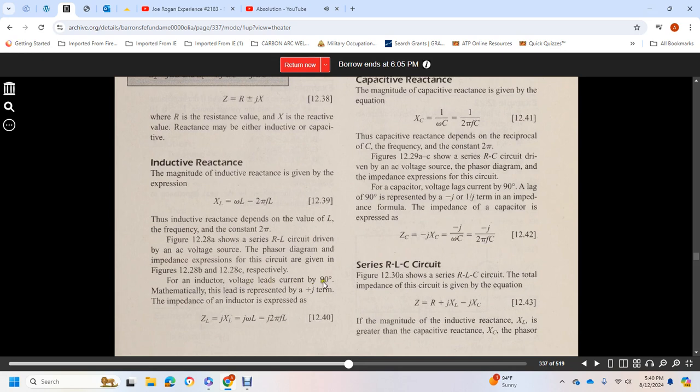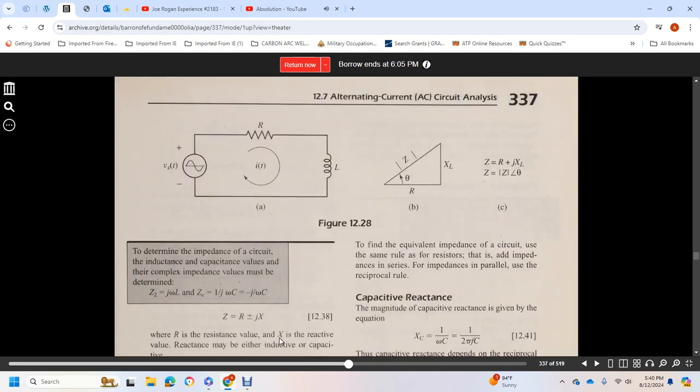For an inductor, the voltage leads the current by 90 degrees, mathematically represented by the plus j term. The impedance of the inductor is expressed as follows. To find an equivalent impedance of the circuit, you have the same rule as for resistors. For impedances in series, you add them, and for impedances in parallel,